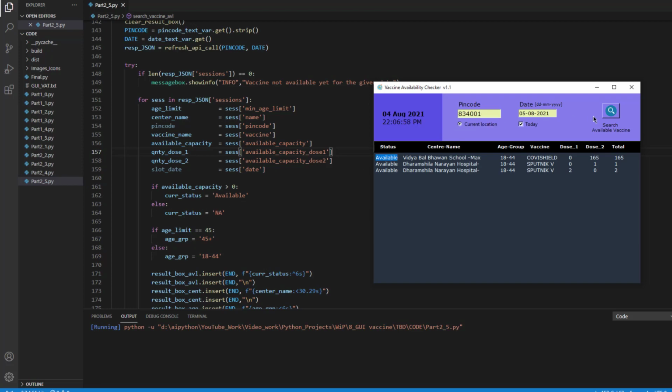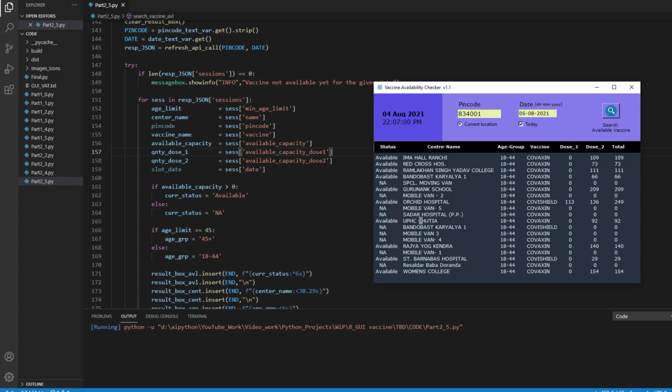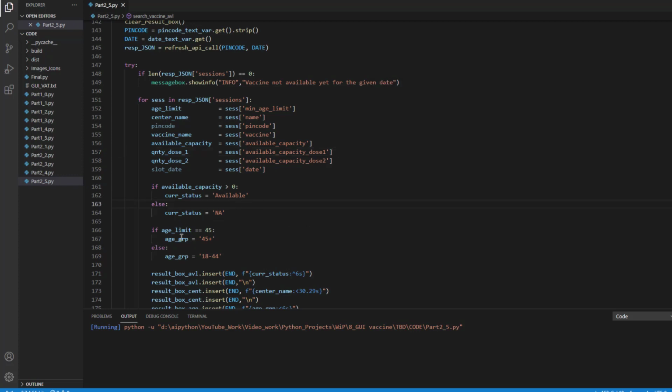For example, let me change that pin code, and you can see here, NA. There are a lot of times NA is shown. That means there is no vaccine, neither in dose 1 nor in dose 2, right? All right. So this is the first check that I'm doing, and based on that, I'm furnishing the detail in the first column itself. Second thing is age limit. Let's say I wanted to categorize based on the age, then I will fetch the value of age limit. Either it will be 18 plus or between 18 to 44.